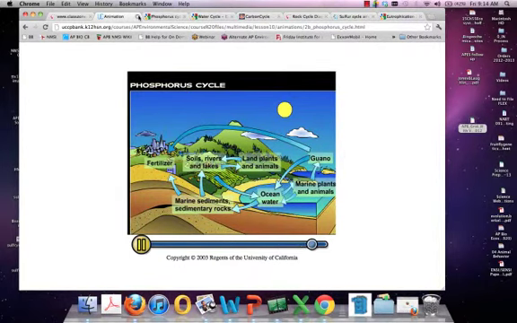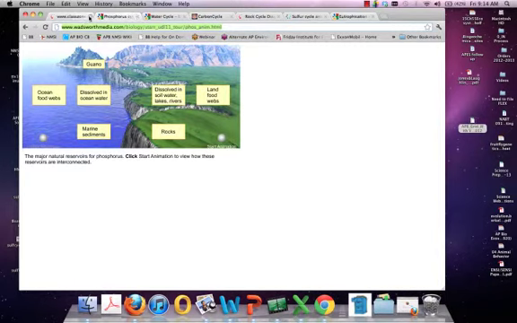So this just showed a brief animation of the phosphorus cycle. I want to show you a second one too, just because I think that this is a cycle most students